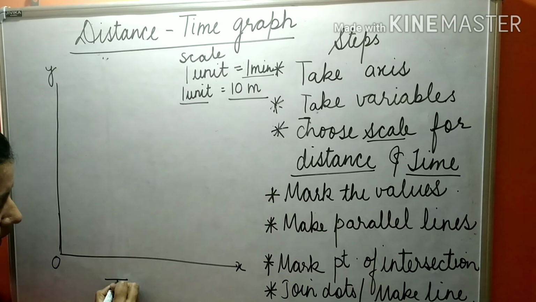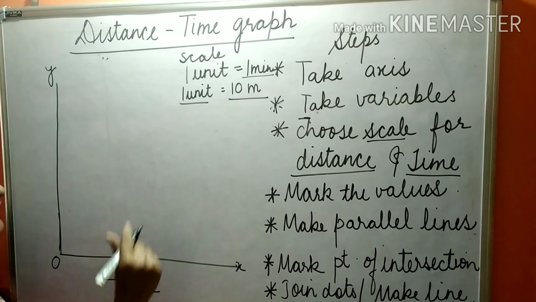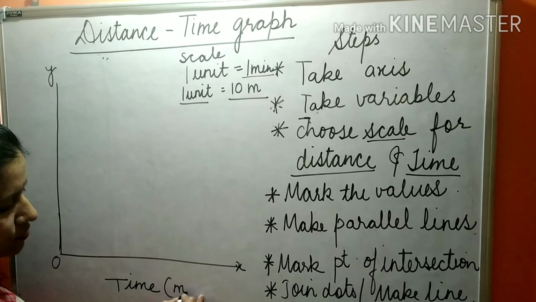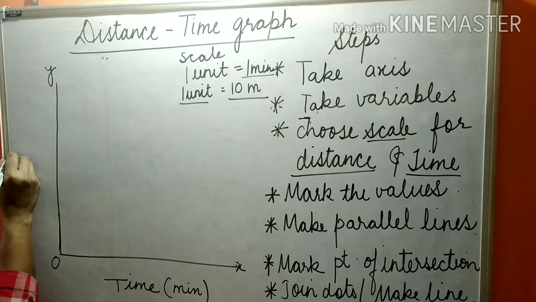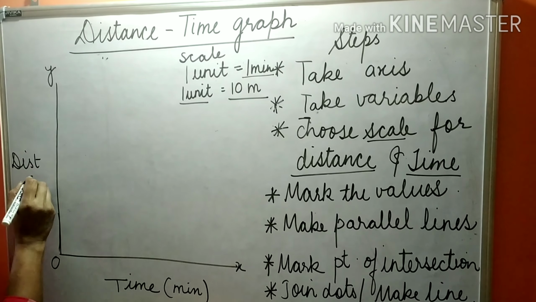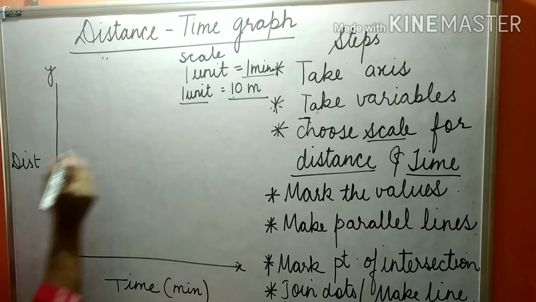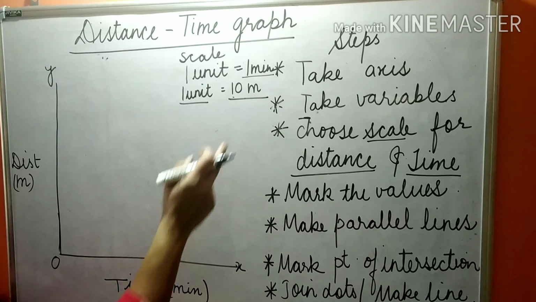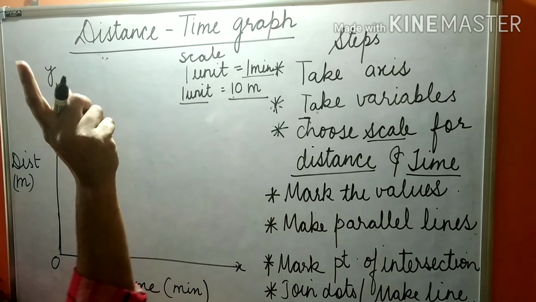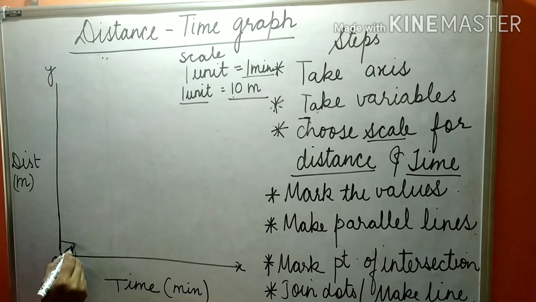Okay. Now on this side, write down time, and time I have taken in minutes. So write down minutes. On this vertical side, I'll write distance, so DIST, and I will take 10 meter. It is in meter. Now we'll start writing. I have taken 1 unit as 1 minute, so the first box,